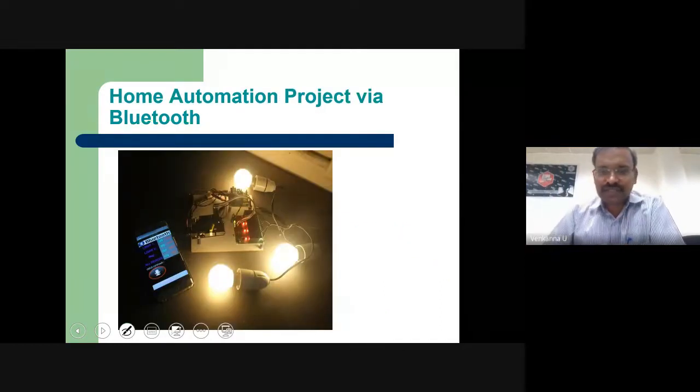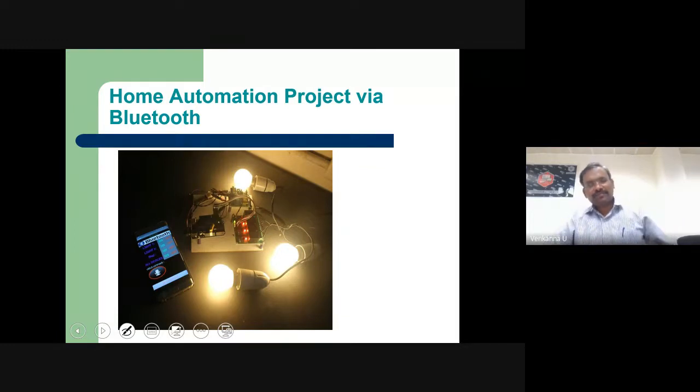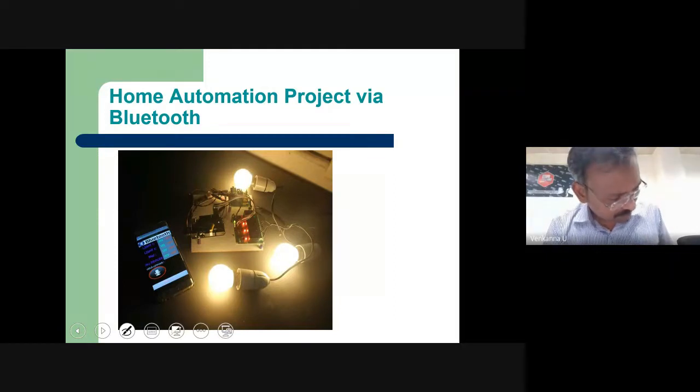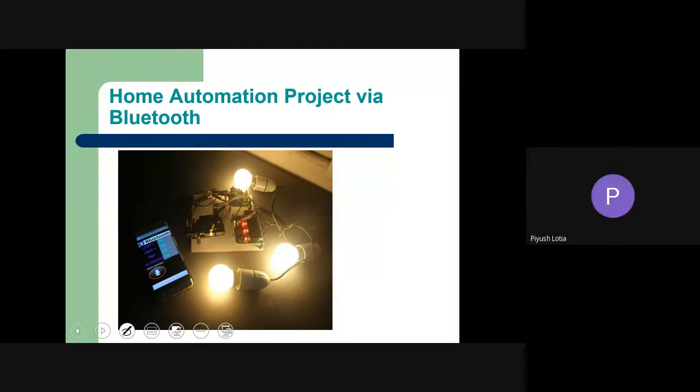See, somebody developed this. I also got this prototype using Bluetooth. Can anyone guess what this is? Please answer, anyone. What is this prototype? Anyone have an answer? Switching through mobile, yes, please. Can you repeat? Switching through mobile handset.